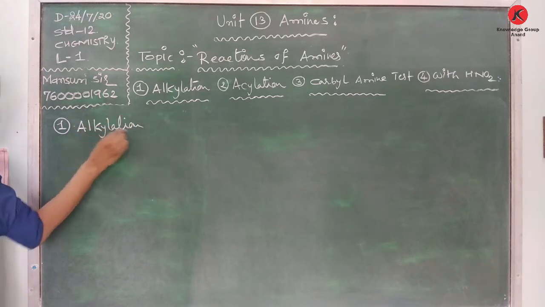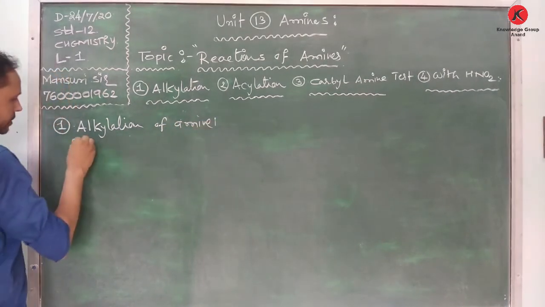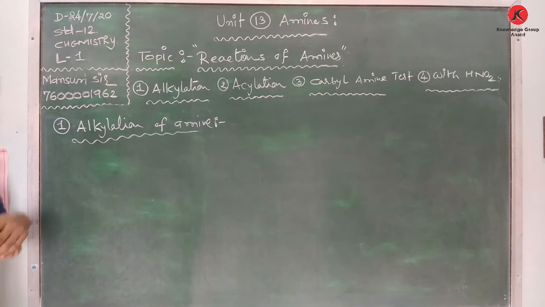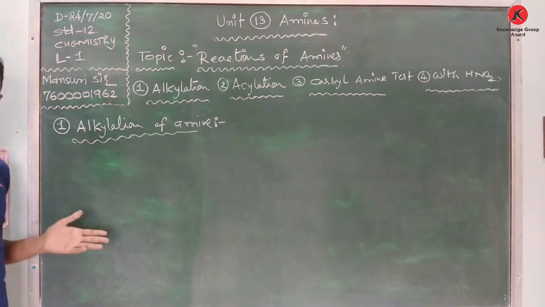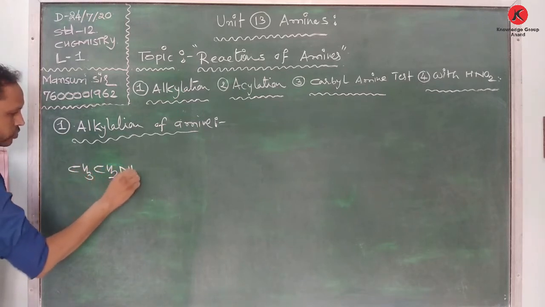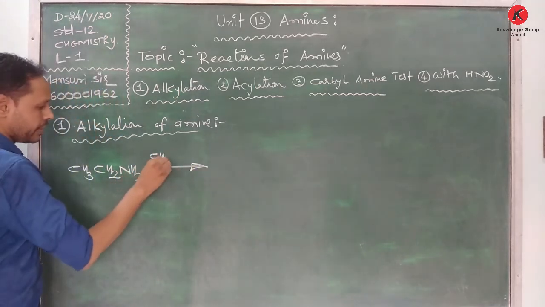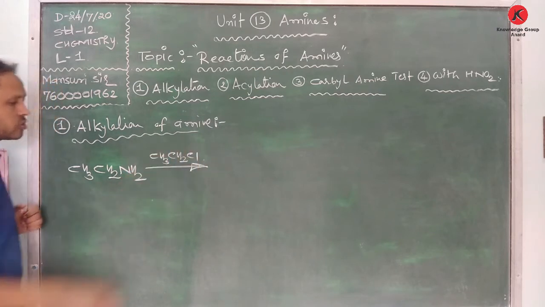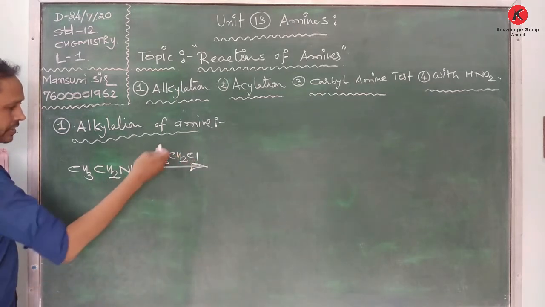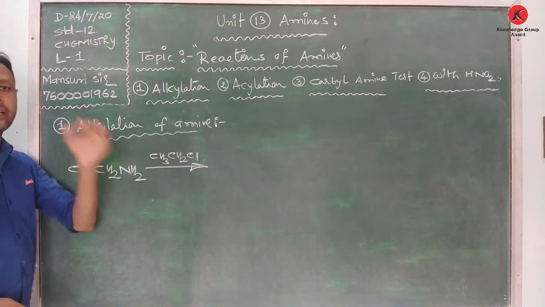First of all, we will take an amine, that is, an aliphatic amine or aromatic amine. First one, we take CH3CH2NH2. This is ethanamine. Ethanamine reacts with ethyl chloride, CH3CH2Cl, or in other words CH3CH2I, but we will take the alkyl halide. So, amine reacts with alkyl halide and then forms